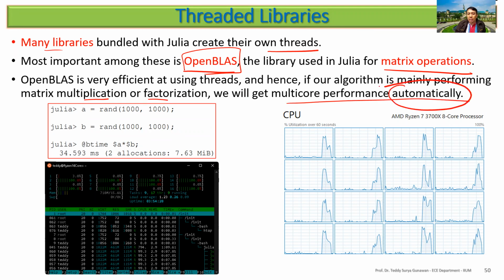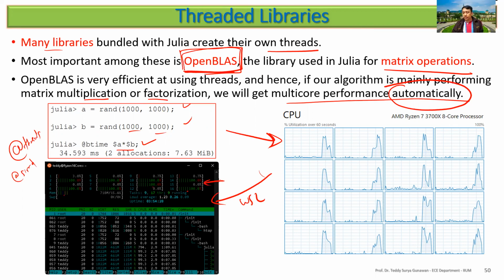You can see here, automatically. You don't do anything, but because you are using OpenBLAS in Julia, it runs automatically. For example, A random n, B random 1000. You are creating square matrices here, and then you just do matrix multiplication without doing the threads, or SIMD. It runs on multi-core. You can see this is the run if I'm using Windows, and this is if I'm using WSL or Linux. You can see 1 2 3 4 5 6 7 8 cores running.